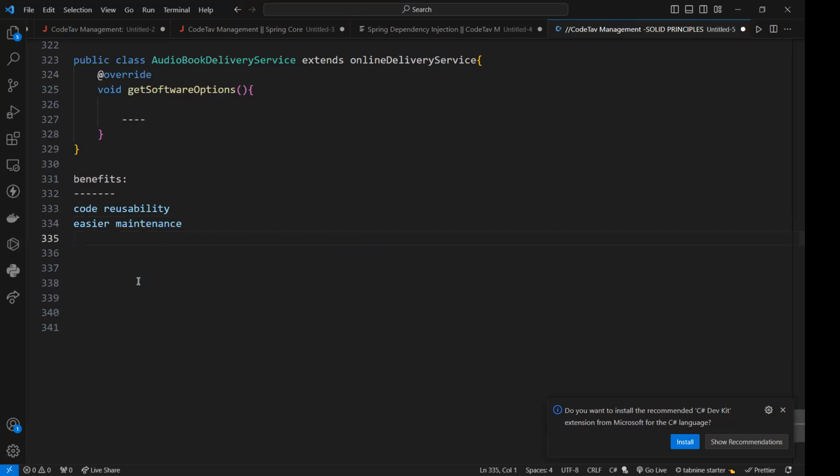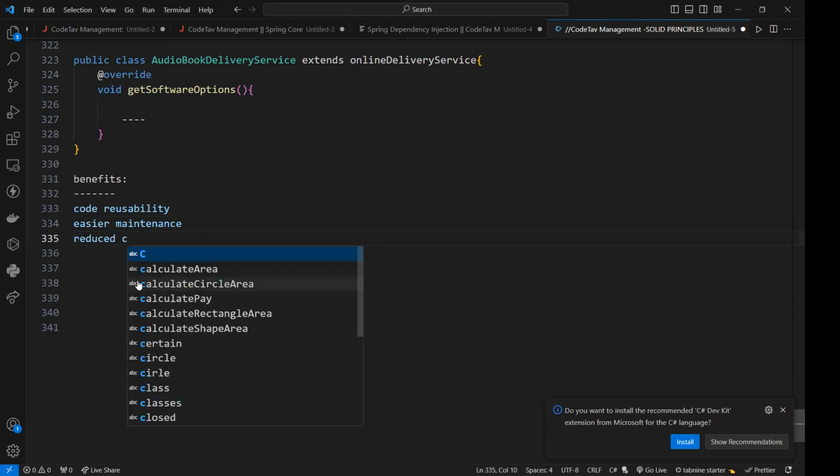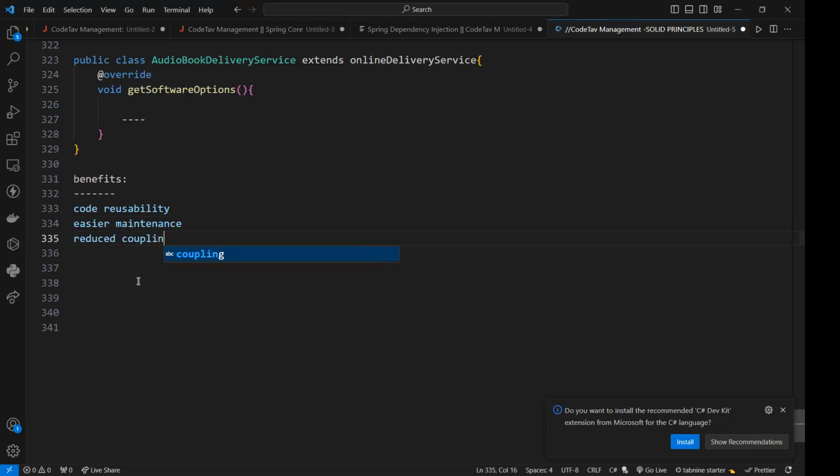Okay, and also reduced coupling, right? So these are there. So now you can ask me, what is the main goal of this LSP or